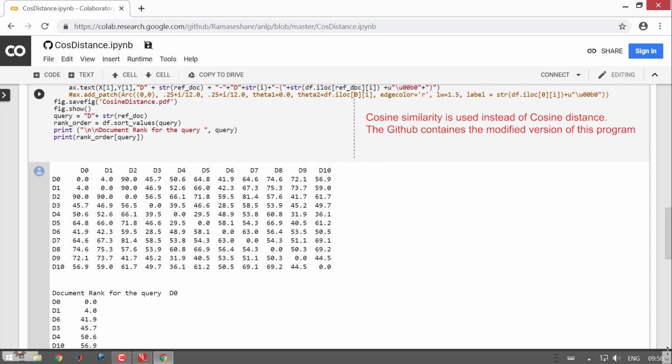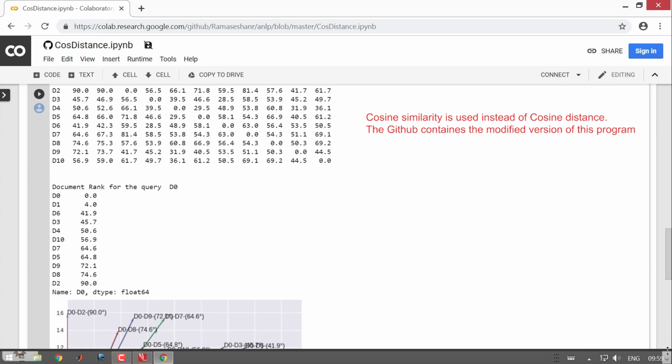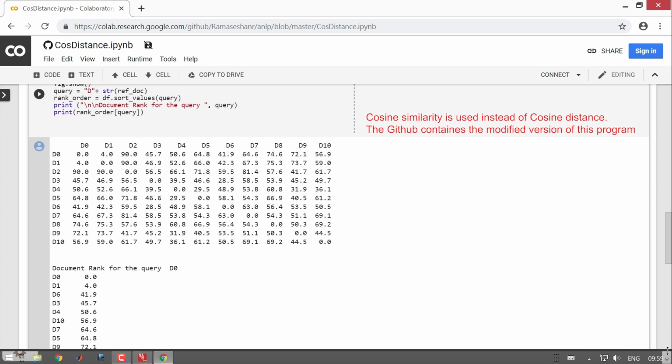If you consider document 1, it finds the angle between D0 and D1, D2 and D10, and then it will consider D1 as the base document and try to compute all the angles between D1 and D0, D1 and D2, D1 and D6 and so on. In this fashion, if you look at the top side, you will have all the angles computed for all the documents.